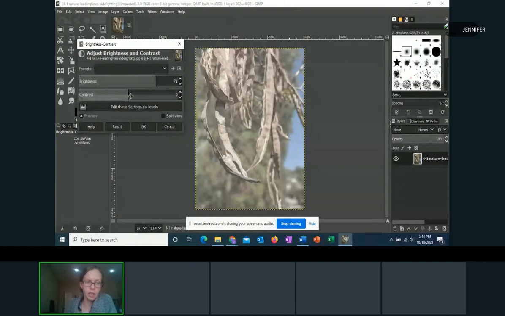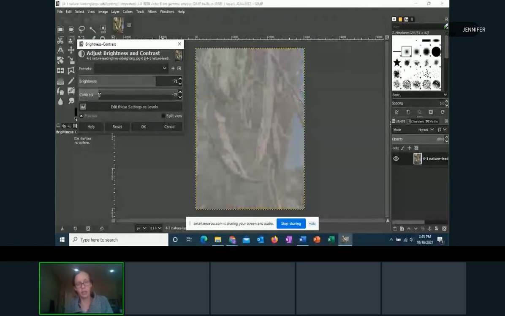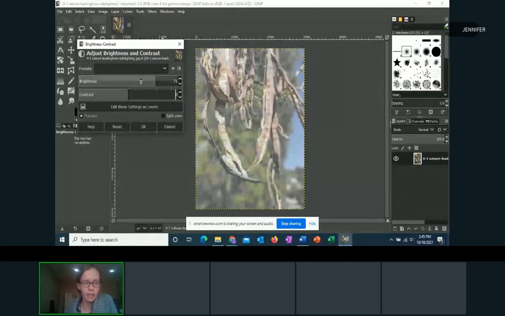And then the contrast is the light dark contrast. Do I want more contrast between the light and dark areas or less contrast between the light and dark areas? Okay, and so if I find a setting that I like,